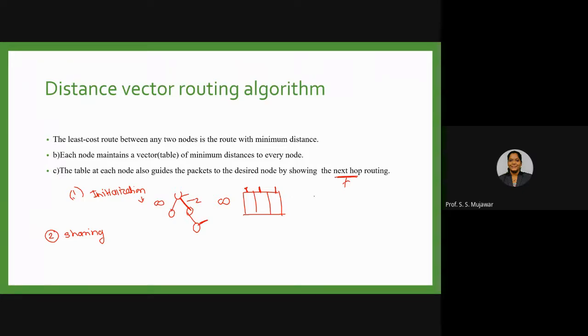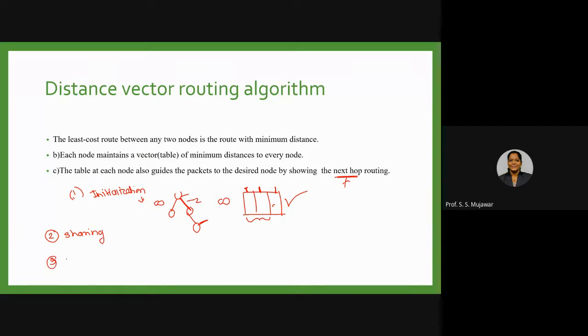Now we are saying that the second step is sharing. The table which is calculated in the first step will be shared with each and every neighbor node. But the sharing is only of the first two columns. We have three columns in the first step, the third showing through which node we will have the connection, but here we share only the first two. Okay, now this is the second step.